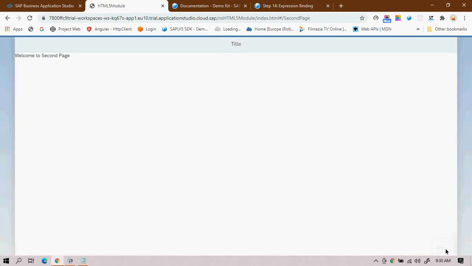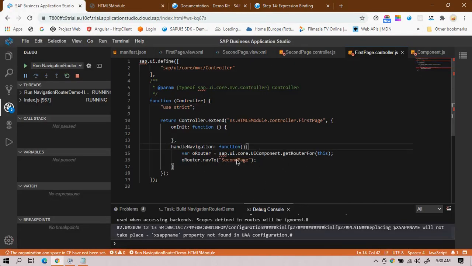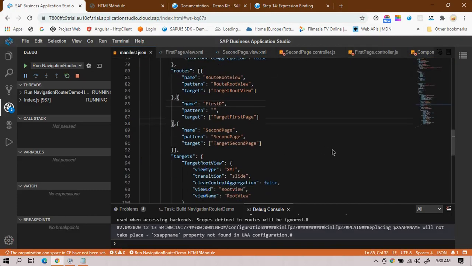Okay, so when I press next, see, it still works. Why? Any reason, any idea about this? Why does it work? But you changed the first page name, right? Not the second page name. Yes, yes. That's why. I missed it. Okay, you got it. It should not work, first thing.